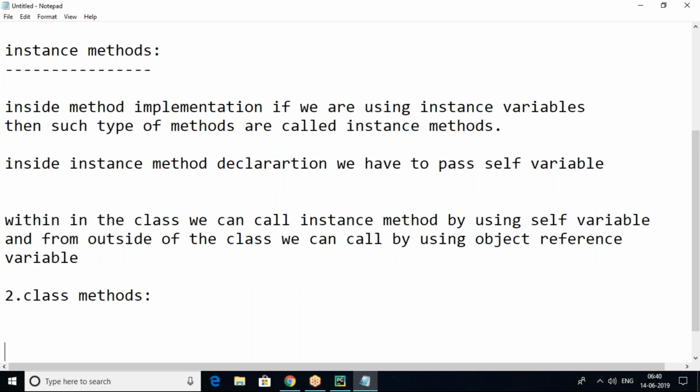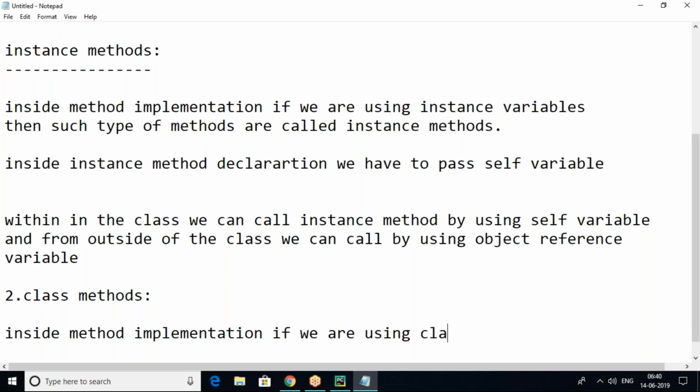Inside the method implementation, if we are using class variables, which means static variables, yes, static variables,